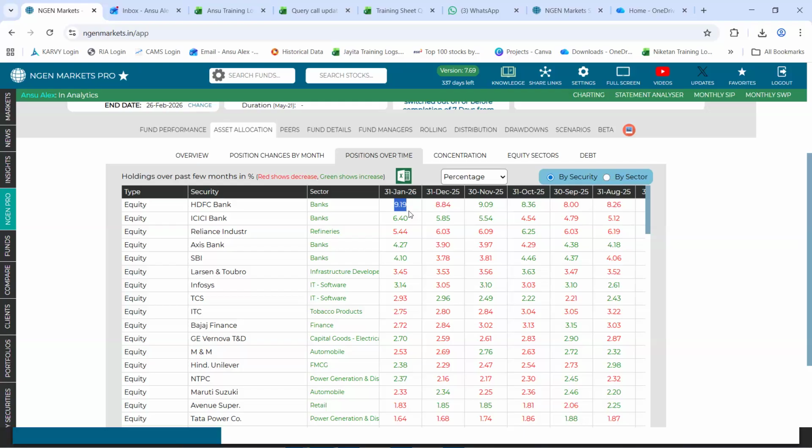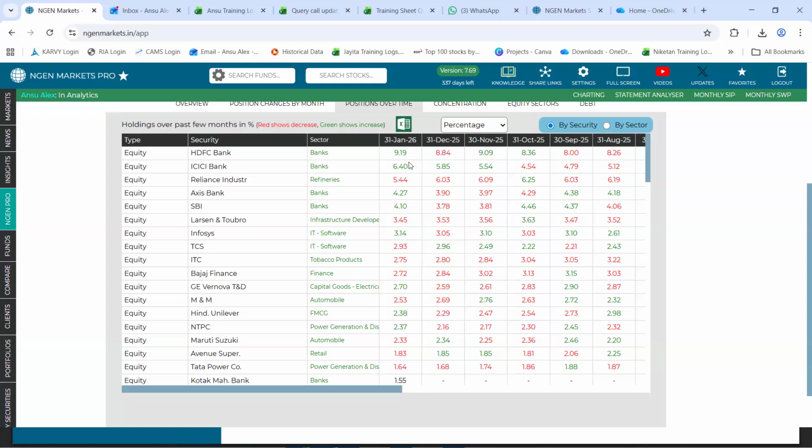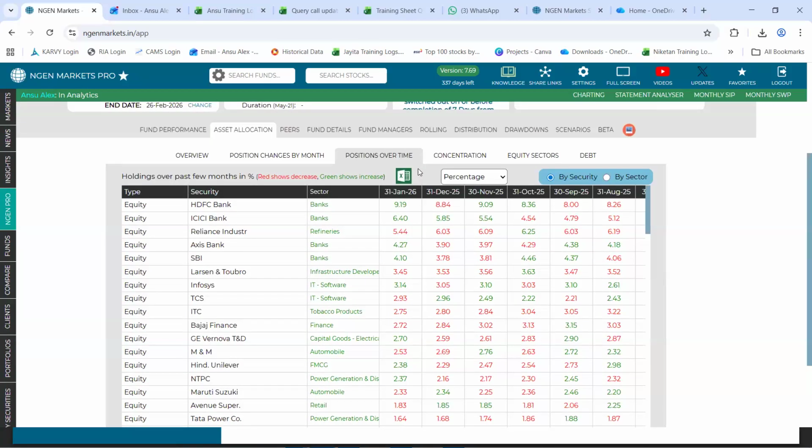Now, this is an increase that we are viewing on a percentage level. If you wish to know how this increase happened, whether because the price of that respective stock fluctuated or because new shares have been bought, all you need to do is click on this drop down and select the option called shares in lakhs.